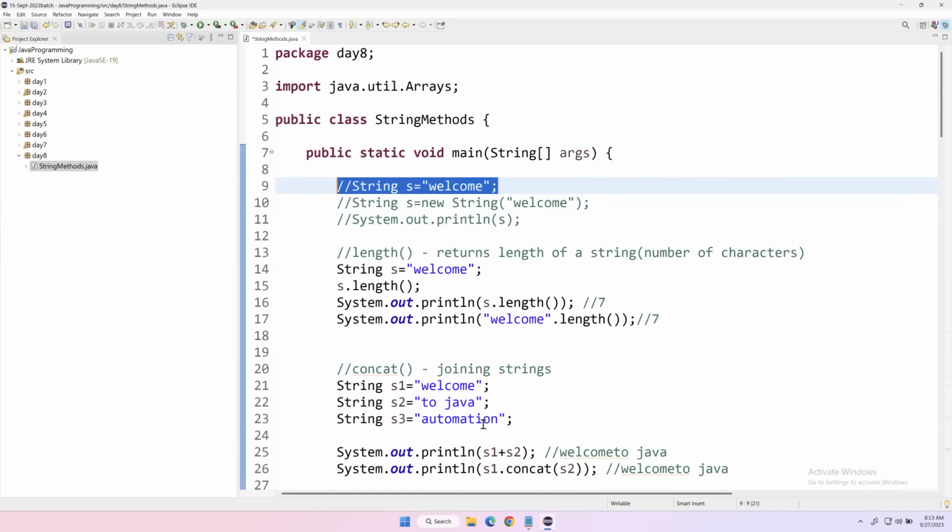Tomorrow's session is also most important. We will discuss some more examples based upon arrays and strings, and how to reverse a string, which is a very popular example. If I give one string, we have to reverse it. We will see that in the next session. So we'll stop here for today's session. We will continue in the